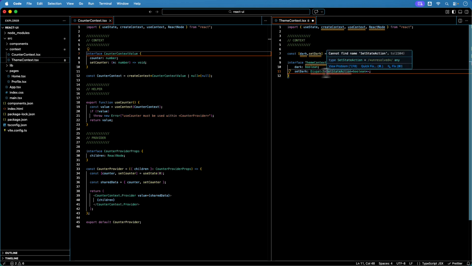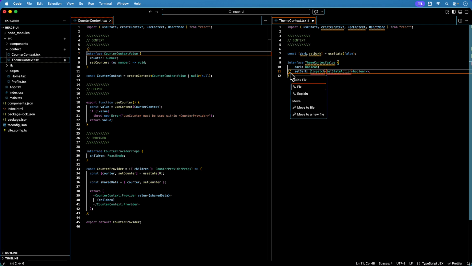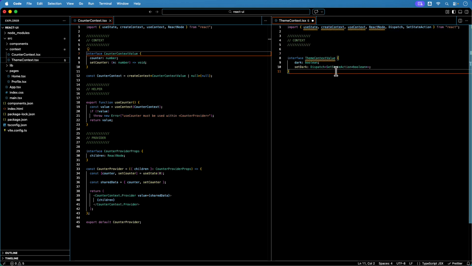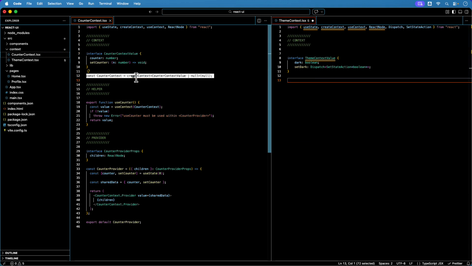And at the moment I just need to import it, so I can say add all missing imports. It's added them up here. So I frequently find myself doing that. If I don't know the type in React, I just sort of declare a variable, set it to the type, and then I can cut and paste it and use the type elsewhere. Okay, so that's our interface set up, and now we're going to create the actual context, just like the counter